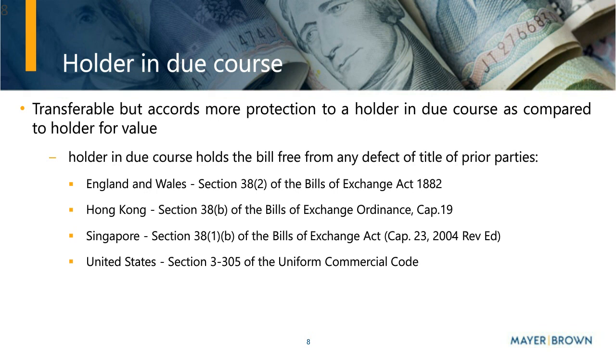Under the UK Bill of Exchange Act, the rights of the holder are that he may sue on the bill in his own name. But where he is a holder in due course, he holds the bill free from any defect of title or prior parties, as well as from mere personal defenses available to prior parties amongst themselves, and may enforce payment against all parties liable on the bill.